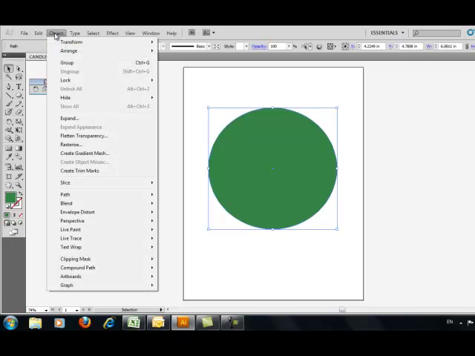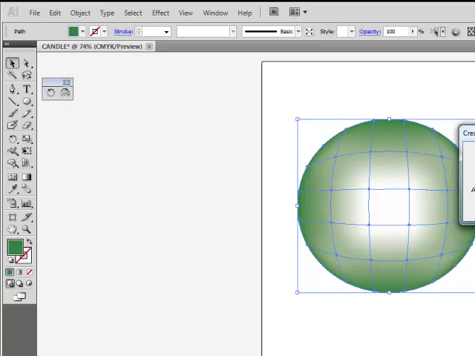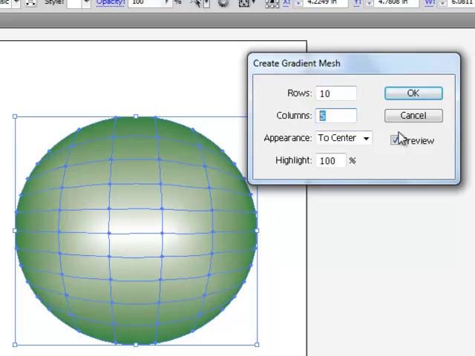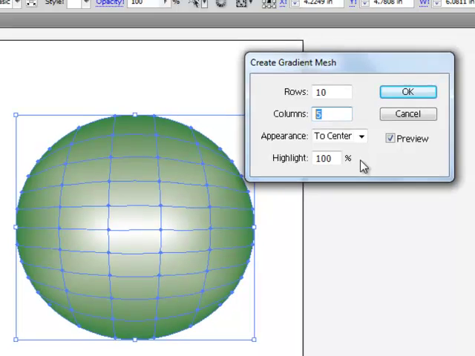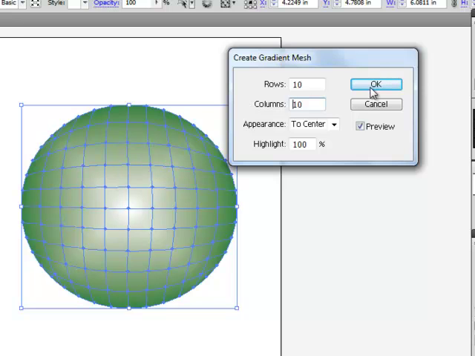Another way is going to Object, and you have Create Gradient Mesh, where you have rows and columns. You can increase the number of rows you want depending upon the type of object you want. If you could see, I have given 10 rows, and you can see I have got 10 rows. 1, 2, 3, 4, 5, 6, 7, 8, 9, 10 rows, and 5 columns. I can increase these columns as I want, of course. And you can see, suppose if I want to go in for more detailing work, I can actually increase my